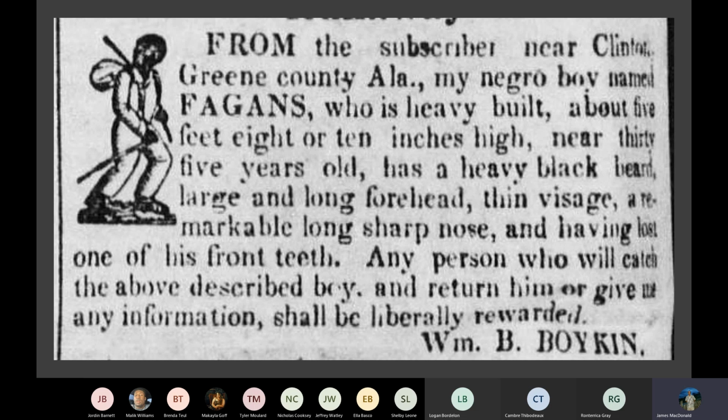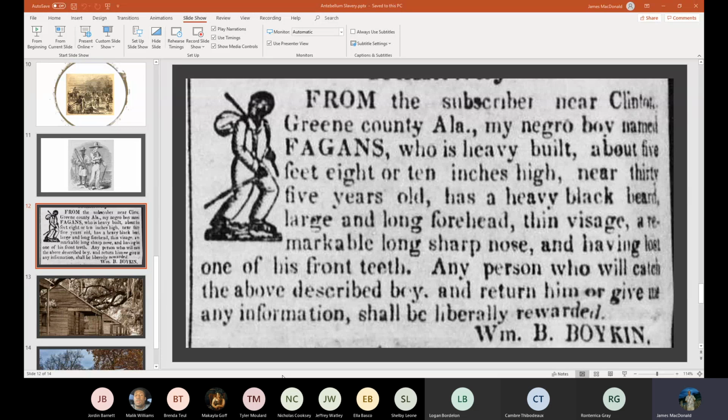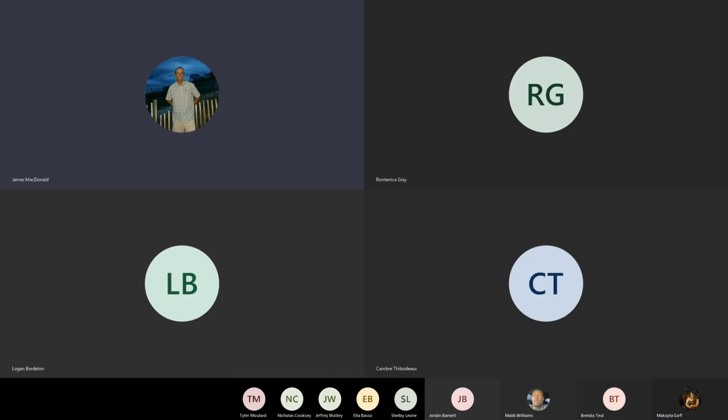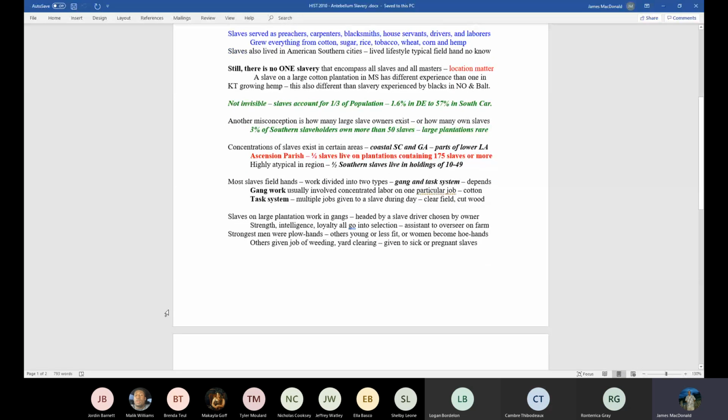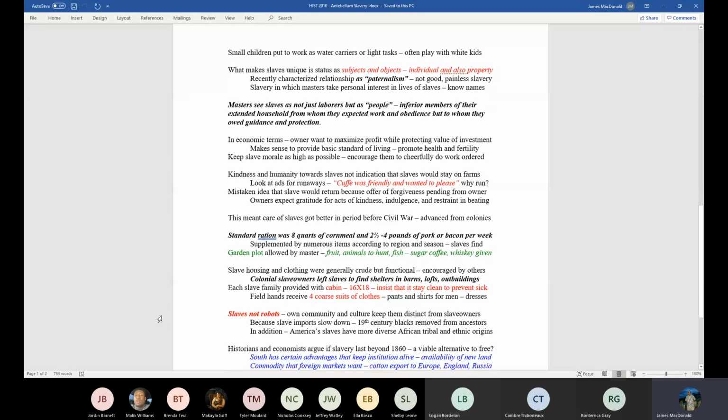So the owners would say, I'm pretty sure that they were leaving and they were maybe going to come back because they were seeing family members at a distant farm or plantation. So owners expect gratitude for their leniency. If there is an act of kindness by the owner, they were expecting slaves to be, of course, obedient, which again brings up one of many of the ironies about the system of slavery, because at the end of the day, you owned these individuals.